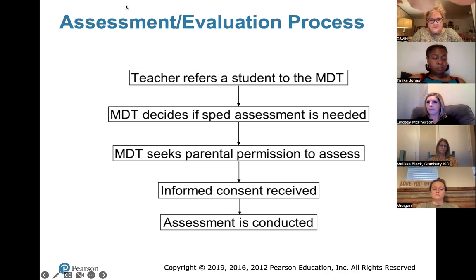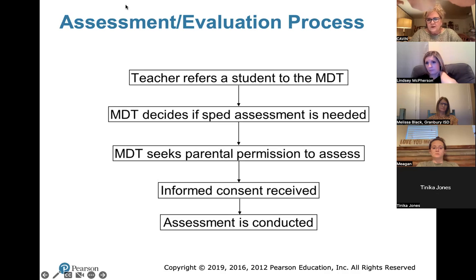But what that indicates to me is that the person who made the referral just doesn't have enough information about what a good referral looks like, what the disability categories are, what a slow learner looks like, and how that looks different than a child with a learning disability, or a child with an intellectual disability, or a child with a lot of other identifiable disabilities. And so we need to be doing a better job on our campuses, alerting people as to what makes a